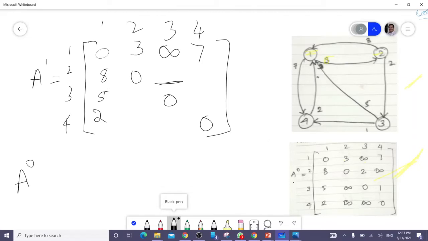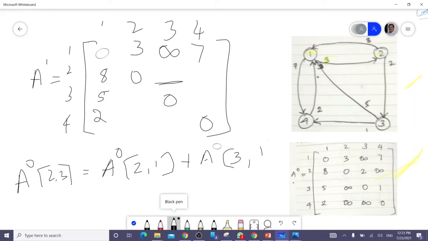A1 of 2, 3 is equal to A0 of 2, 1 plus A0 of 1, 3, because it has to pass through 1.